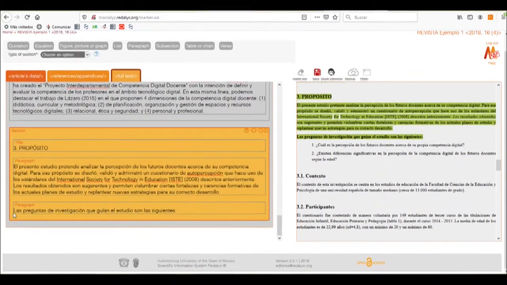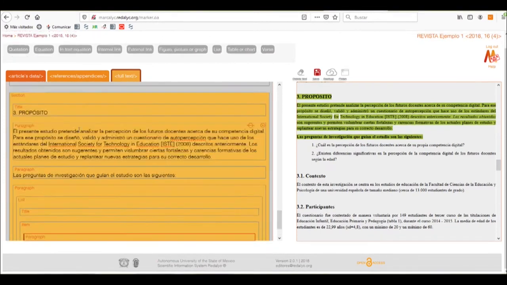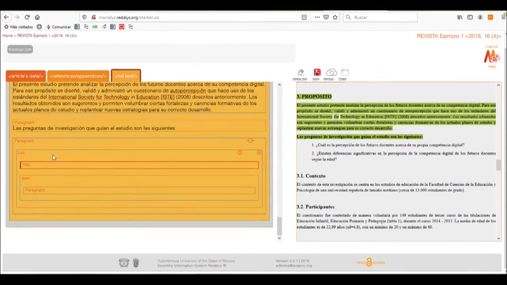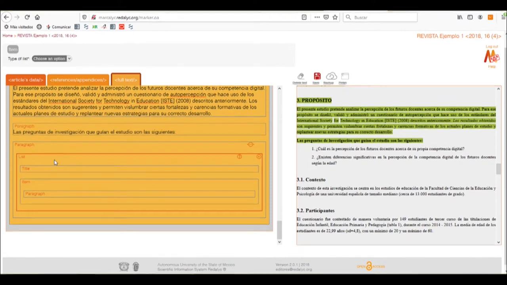Now we have a list. We'll click on the section part of our article and select the list option in the toolbar, where we can add a list. This attribute allows us to put a title on our list, but it doesn't have it now, so we don't need to put it. On the list, we'll select the type of list that we need, which is an ordered one in this case, but we also have